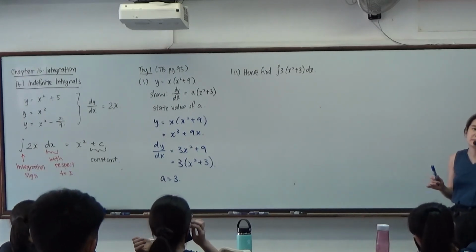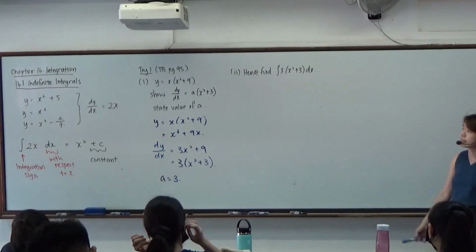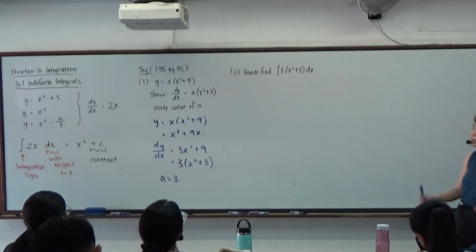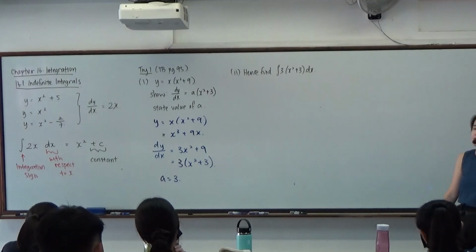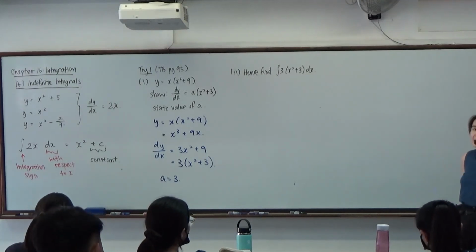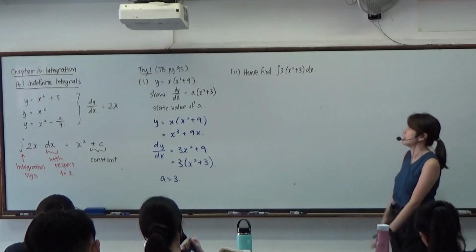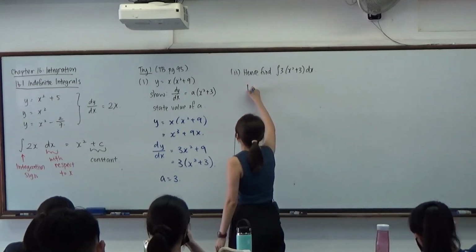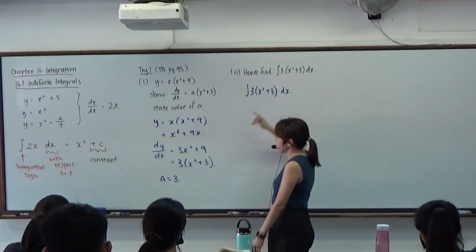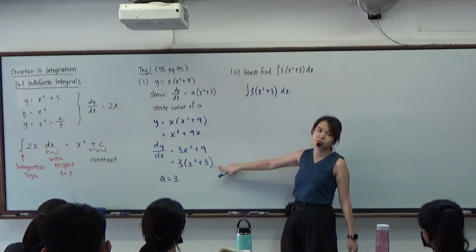Integrate 3x squared plus 3. At this juncture, we don't have any skills in integration yet. Now we don't have any rules applied. We only understand integration as the opposite of differentiation, and this concept itself is very important because very often you need to apply this idea of them being opposite to each other. So to integrate your 3x squared plus 3 dx, which is actually this dy over dx over here,